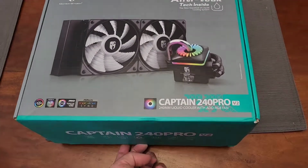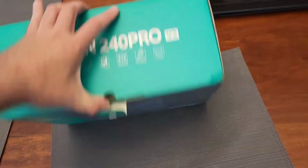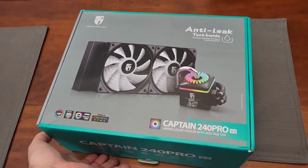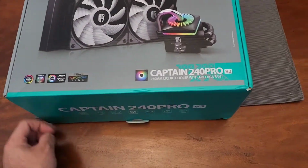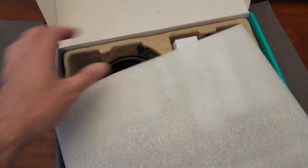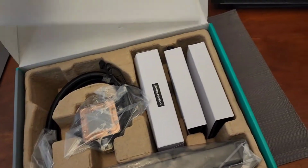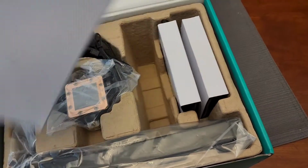So let's open this up, this DeepCool AIO. I don't know why I think I can do these one-handed. Okay. Nicely shipped, nicely packed, everything the right dimensions. So in we have,